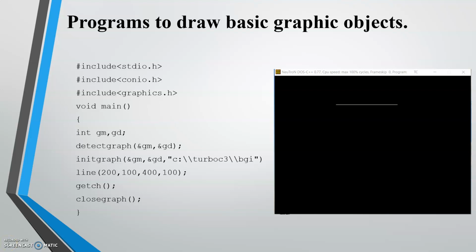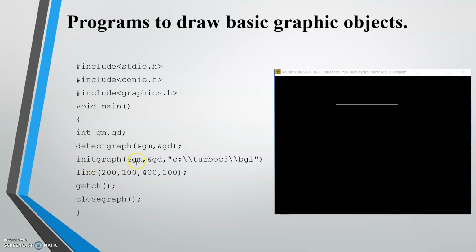Initgraph function is basically used to change from your text mode to graphics mode, because I have previously told you that by default your system is in text mode, and if you want to draw some images, if you want to use the graphics, at that time you need to change the text mode to graphics mode.